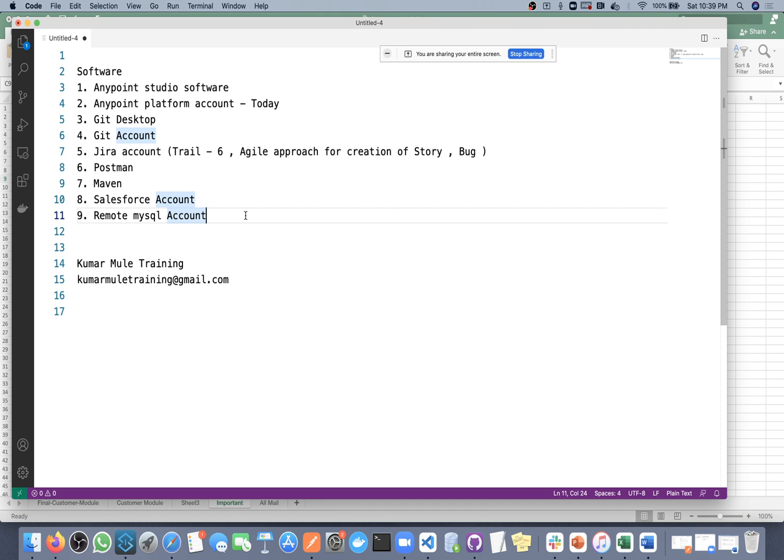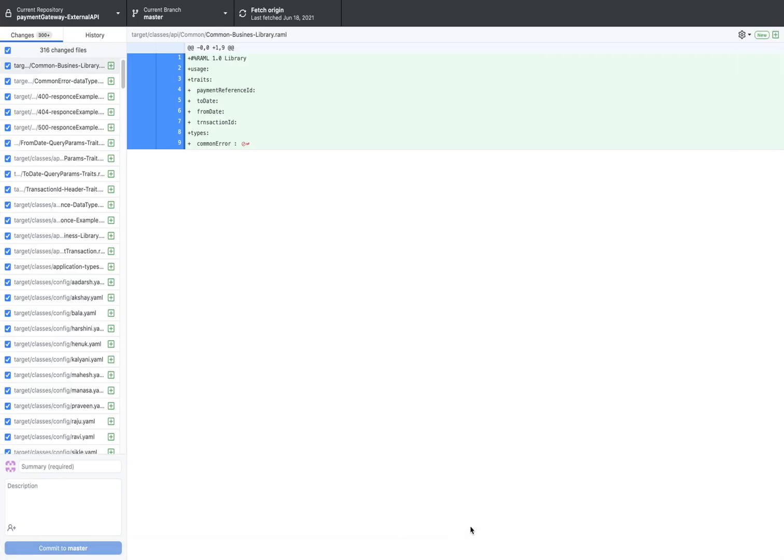Next, first we will do the Git setup and then go to the Jira discussion. Or actually, before the Jira discussion, we will first discuss this project and then create some Jira stories based on our requirements. So first let's go for the Git setup. I will keep all the documents there and everyone will use that document. I already have this Git account.